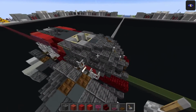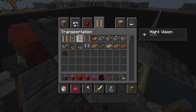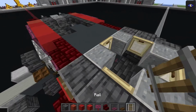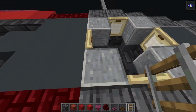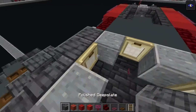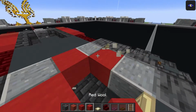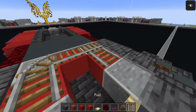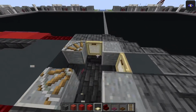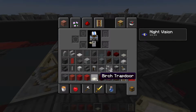just there, flip it down from the previous layer. One thing I didn't think about, and it's kind of silly of me, there's going to be some rails on this layer. I'm going to replace that, I guess. And what we do need to do is put one on each corner, and then obviously one in the middle as well to make them corners. So you have to grab the birch trapdoor, and then just delete these three, fill them in with something, and then do the corners like this, delete those ones, and then put the birch trapdoors back. So just like that, and it's just on those back two,